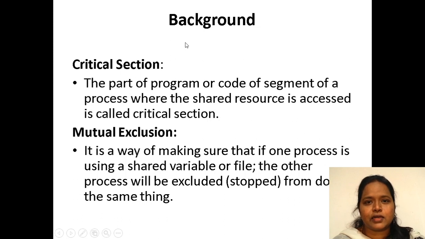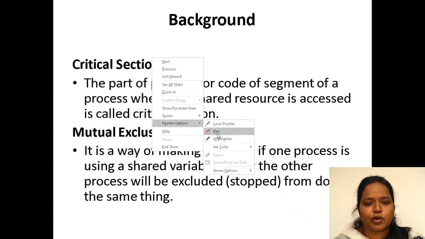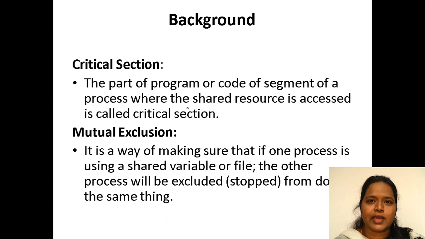Before discussing semaphores, in the last classes we have seen the critical section problem, right? What do we mean by the critical section problem? It means only one process should be allowed into that critical section. Why are we going for the critical section? In order not to have a race condition between the processes. If you have many processes and one CPU, and all the processes want the CPU time, it is not possible for all the processes at a time.